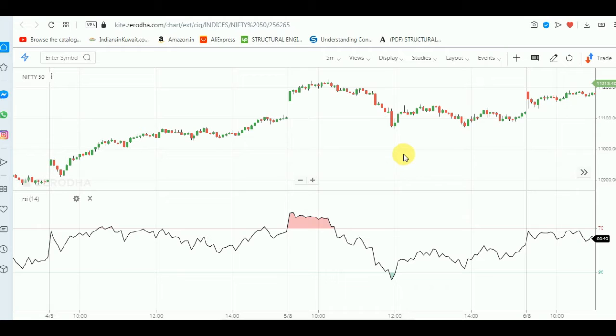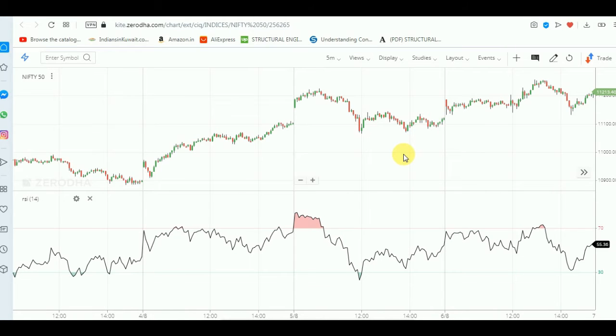But this indicator also has many drawbacks. Many times it may show false signals, and if a trader trades only with this technical indicator, then the trader may end up with severe loss. To avoid those things, you can see after coming to the overbought level, it slowly started falling down to the oversold level. But in between, you can see there is so much disturbance in the lines, right?